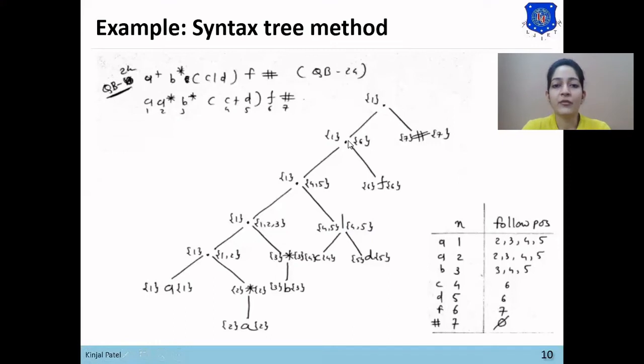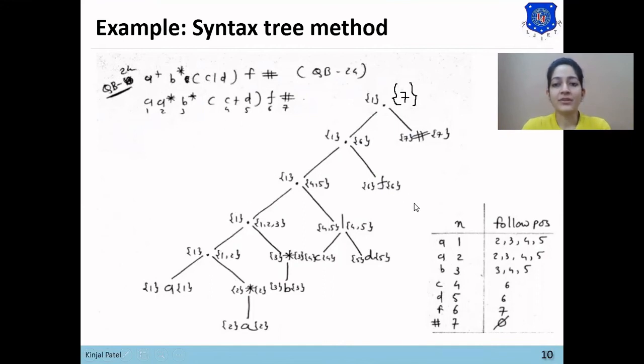Now same for the fourth dot. The last child C2 of the dot is F. Here the last position of this F is 6. As F does not generate null string, F is compulsory in the input string. So in this dot, last position of F will be added in last position of dot. Same way, the last position of has is 7. So the last position of this dot will be 7, as has does not generate null string. So we have computed first position and last position for each input symbol.